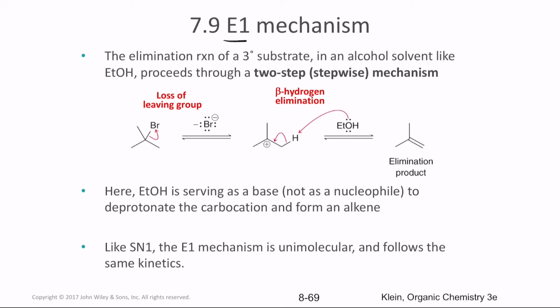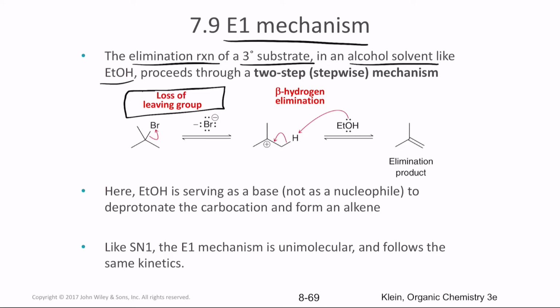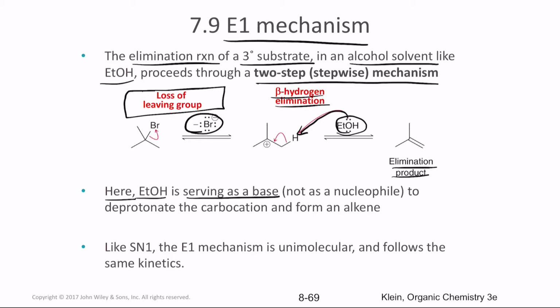So next let's talk about the E1 mechanism. Again, the mechanism involves the same thing, the loss of leaving group. So the elimination reaction of a tertiary substrate in an alcohol solvent like ethyl alcohol also proceeds through a 2-step process. First step is again the removal of the leaving group. And the second thing that happens is that rather than a nucleophilic attack, the base that you use ends up attacking the beta hydrogen and eliminates the beta hydrogen, resulting in the formation of the elimination product. Here the ethyl alcohol serves as a base but not as a nucleophile and deprotonates the carbocation to form an